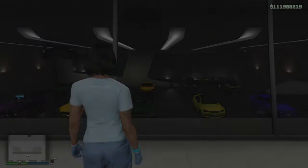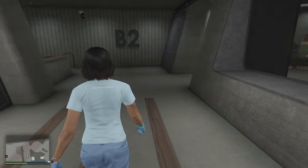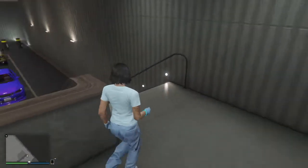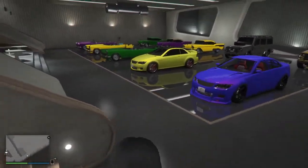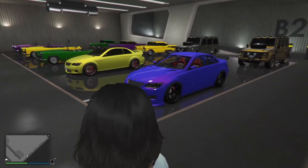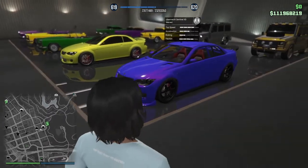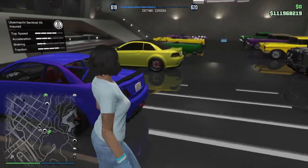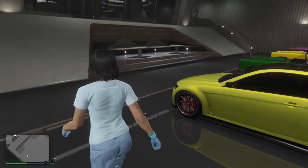So the museum owned by my female character has rare cars, but not the most rare car. There are cars that will spawn if you do a bit of research. You will find them without too many difficulties. So we start with the 2 Sentinel XS that are spawning close to Eclipse Tower, basically at night if you wait until midnight